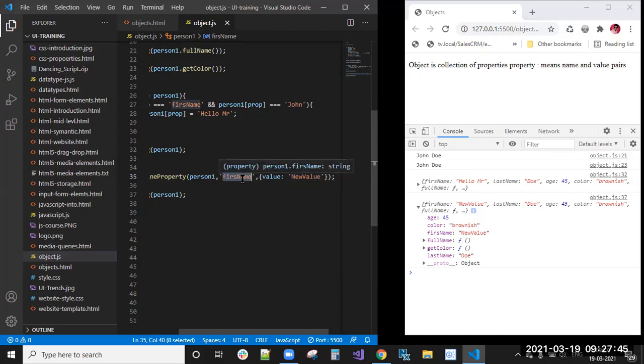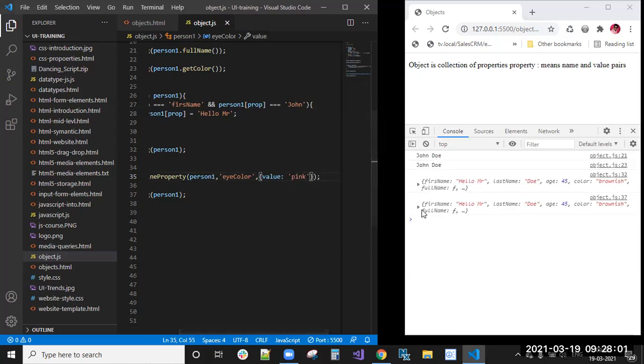And here instead of first name, I can give a new property, the person's eye color, something. Here some pink. Now you can see that already age, color, first name, these all are there, right? Eye color pink is added. That new property, eye color pink, is added.